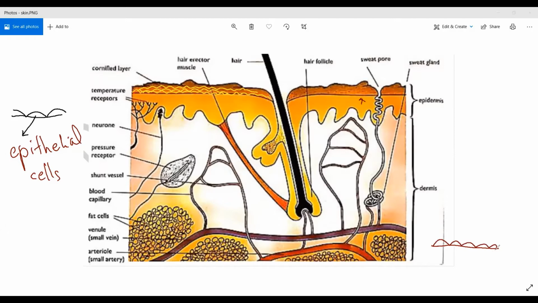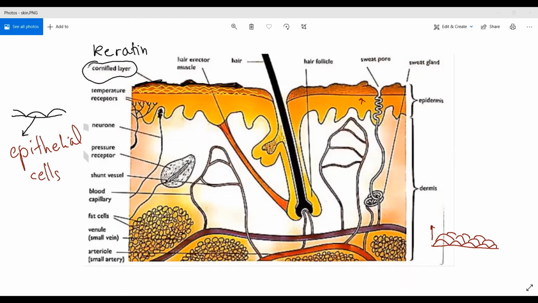It means that these cells are continuously dividing, and when a cell or a group of cells divide, they are going to push the older ones to the top, to the surface of the skin. The cells that are on the surface are dead cells. These cells on the surface, let me color them in black, are dead cells. Is this a good thing or a bad thing? It's a very good thing, because when these cells die, they contain keratin protein, and that's why it is called